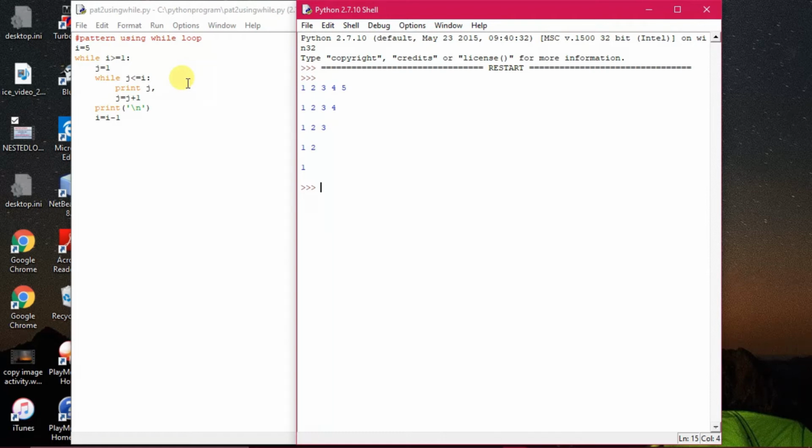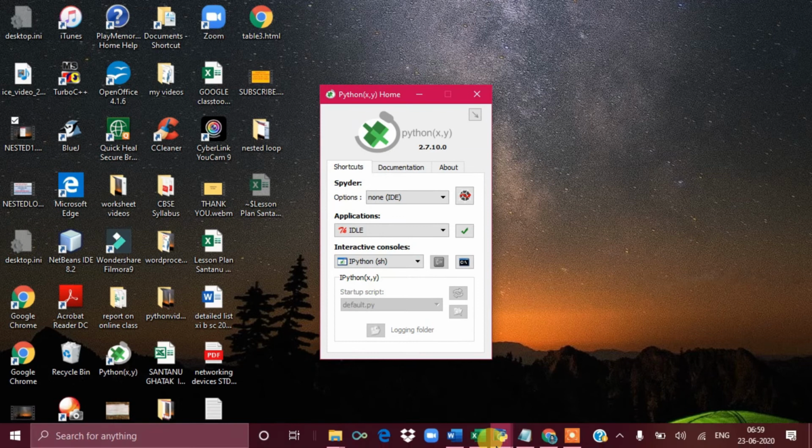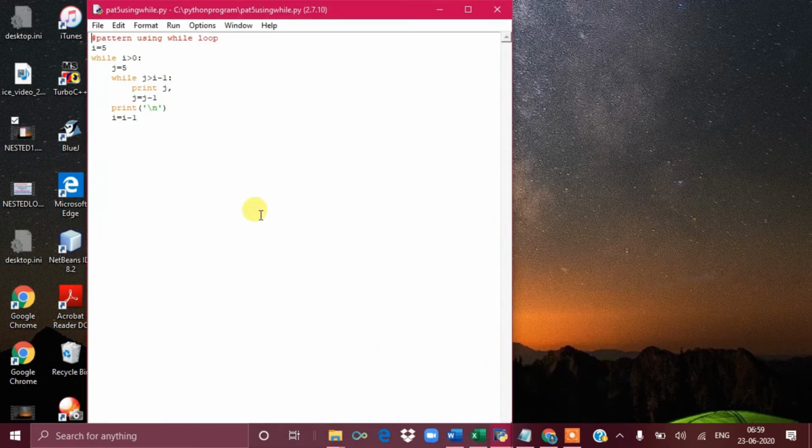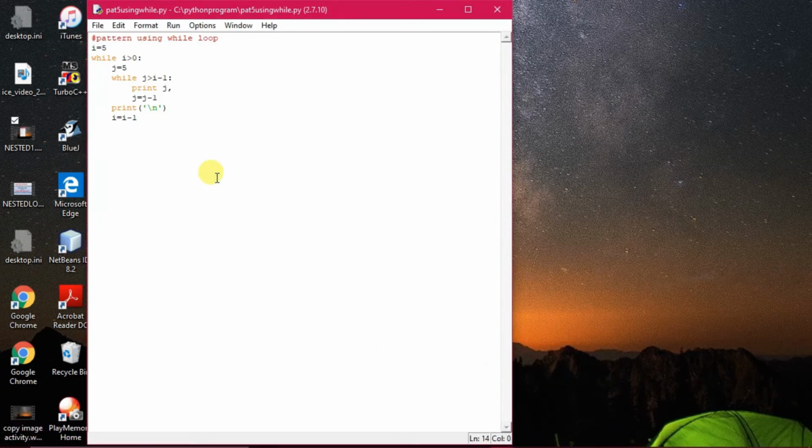Okay, another set of programs now, you see, by simple while loop and all. You see out here, pattern using while loop. Can you guess what the output will be? So here it has been taken 5 greater than 0. Fine. So j is equal to 5, and then j is greater than 5 minus 1, that means 4. That means 5 to 4. How many times? Only one time the loop will be executing. Alright, so 5 to 4. Then it is becoming 5 minus 1, 4. So 4 cannot be greater than 4. So it will not execute at all.